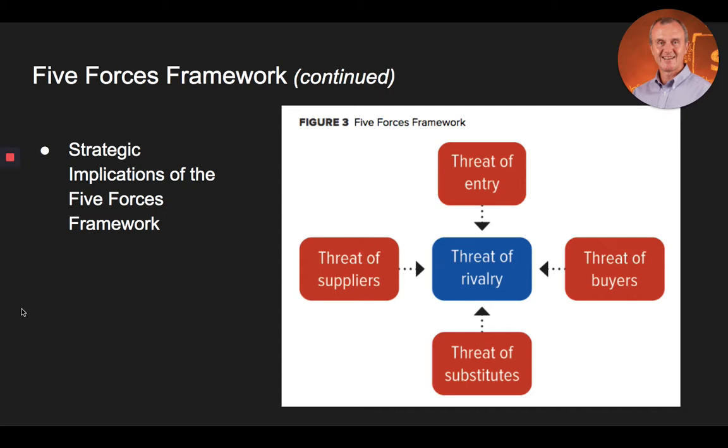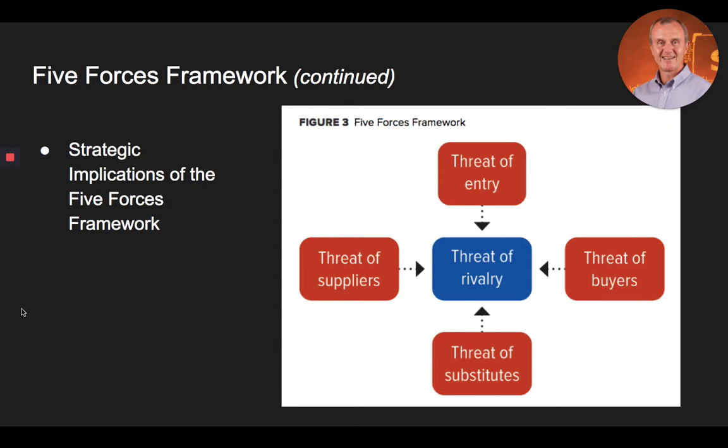Increased rivalry puts downward pressure on prices. Not only does this happen due to competition with direct rivals, but the threat of new entrants coming into an industry and the threat of customers switching to a substitute product or service also puts downward pressure on prices and profitability. Finally, in addition to considering the five threats to profitability, rivalry, entry, substitutes, suppliers, and buyers, managers must evaluate